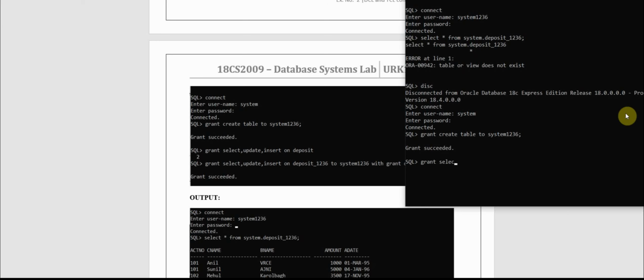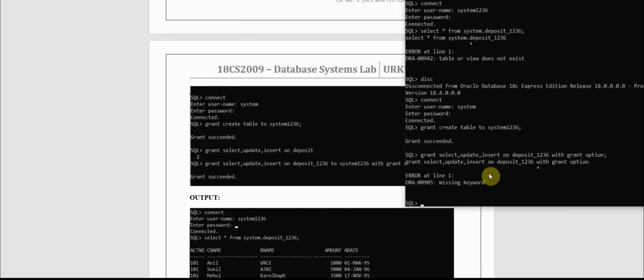Now we need to grant all the permissions. Grant select, update, insert on deposit_1236 with grant option. Okay, now, missing keyword.